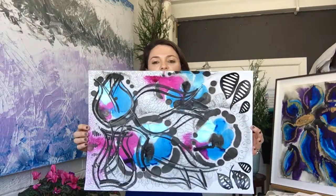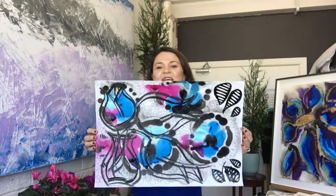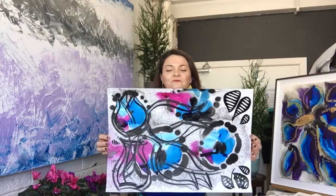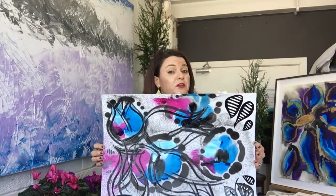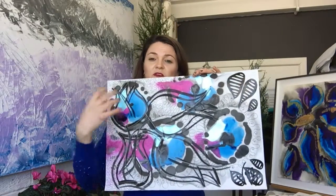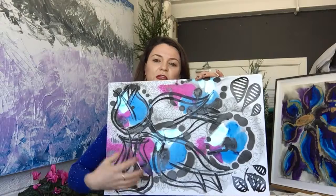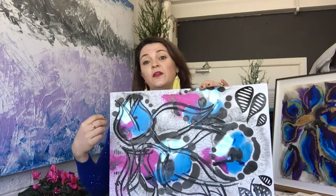Next up, we have some of my florals and abstract patterns. These are quite sizable paintings. You can see that I need to stand on my tippy toes to show them properly. These are based on abstract patterns using liquid acrylic ink and calligraphy ink. And on the foreground, I added these almost urban, graffiti, street art style florals using charcoal, paint pen,